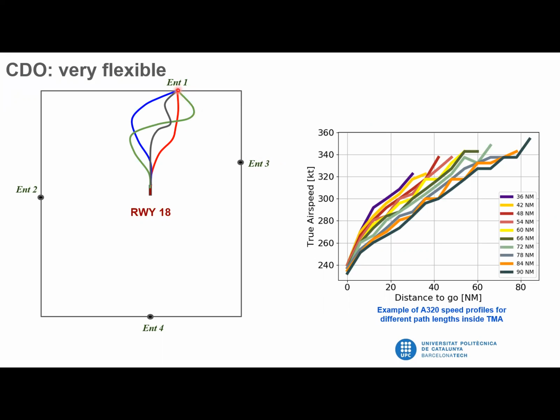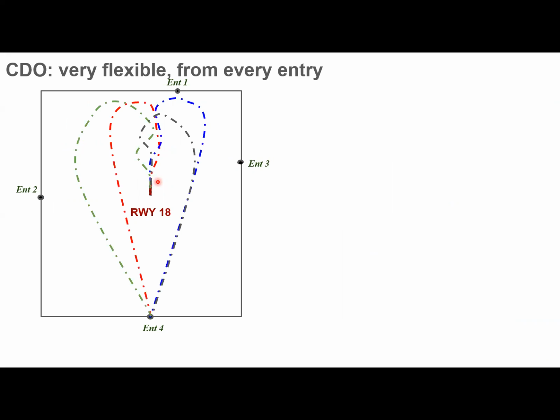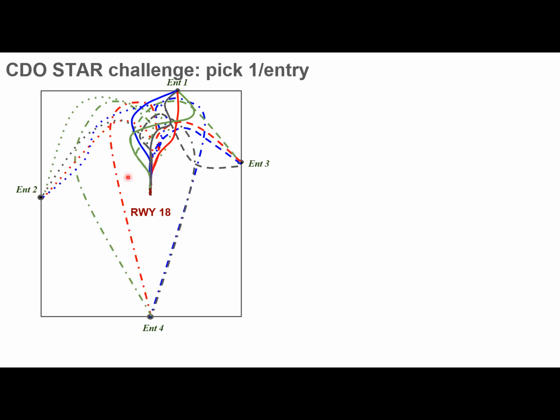Indeed, if you give the aircraft distance to go, there are many, many different ways of using these track miles and wiggling around and landing on the runway. And of course, the distance to go can also be different, and the aircraft can execute essentially an infinite number of CDO trajectories. Well, that's from one entry point. Same thing goes for the second entry point, the third, and the fourth. So altogether, you have 4 times infinite trajectories, and you have to pick one